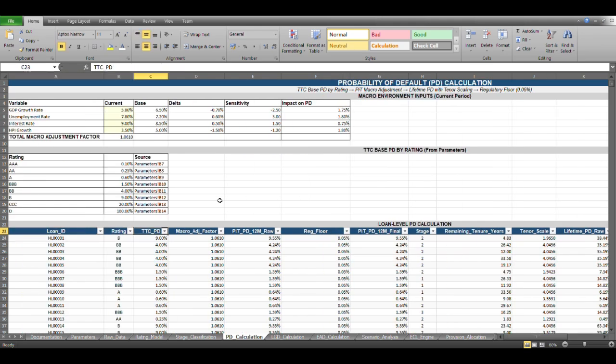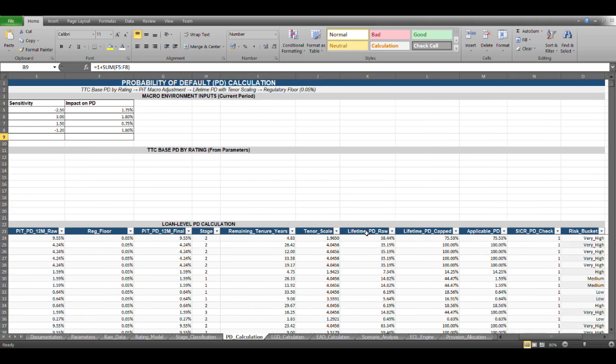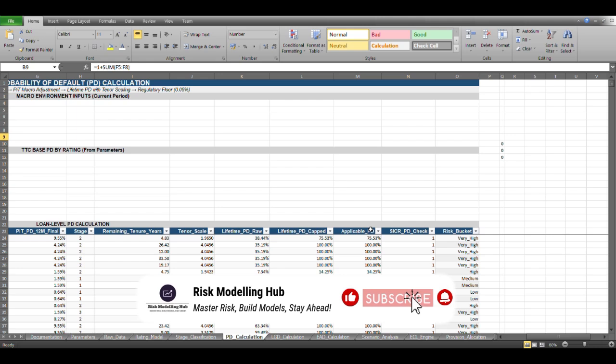So for each loan level, we do have ratings, and for each, we have TTC PDs. The macro adjustment factor is being considered over here, which comes out from the impact on the PD that I have computed. And stage, we all know, is being drawn from the stage classification sheet. Remaining tenure is being computed from the raw data sheet, and then the lifetime PD is being computed.